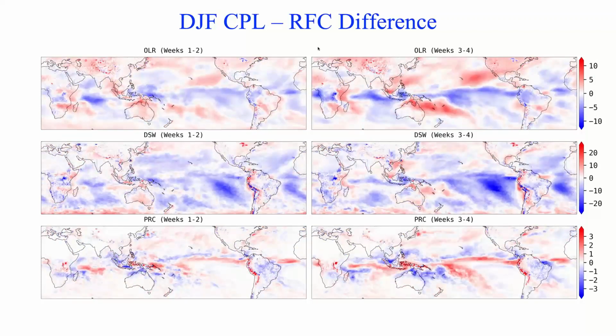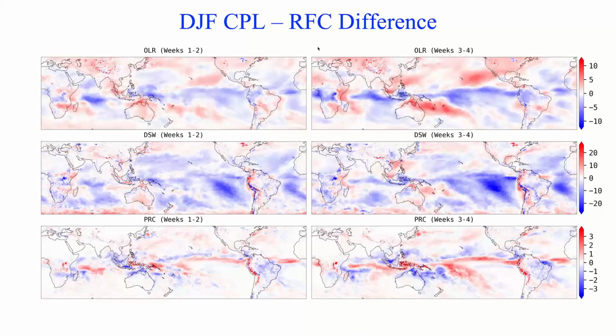Okay, and you now see that the net radiation is negative. Just remember that. But then why is the temperature warmer? So this is certainly not the radiation driving the surface. Actually, the surface SST is kicking out more energy to the atmosphere. And we will come back to this later on.